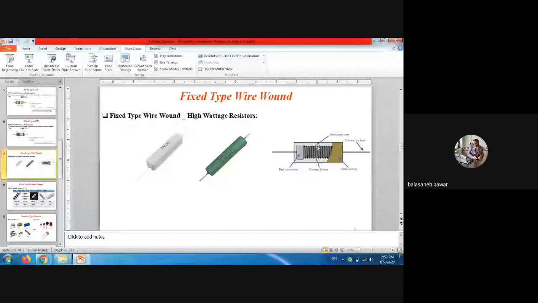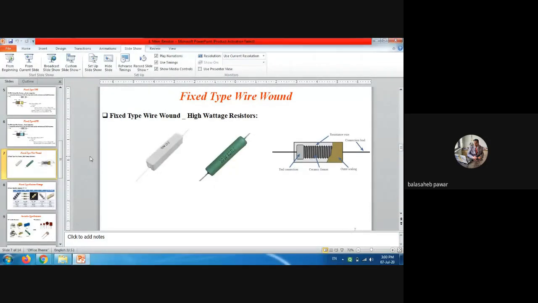And its value is directly written on that resistor. See, you can check, it is written as 10 watt 2R. That means it is a 10 watt resistor and 2 ohm. This next one is written as 10 watt 10R. That means 10 watt and 10 ohm. You might have seen resistors again in our lab during your practicals. Almost all those resistors are of quarter watt, CFR or MFR.